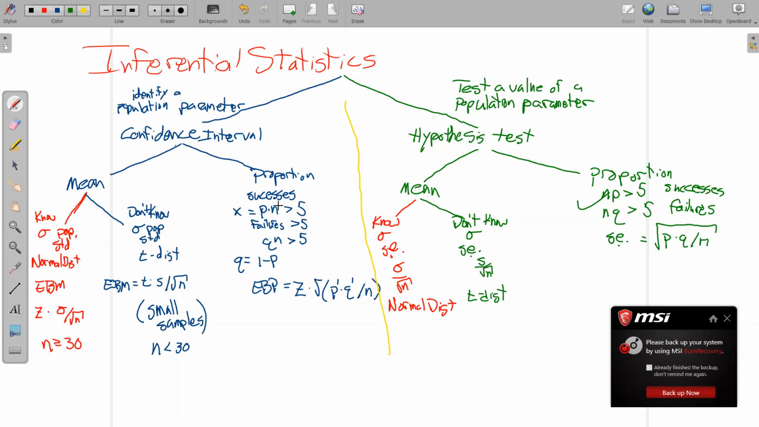Notice in the confidence interval, it's P prime Q prime. And the importance of that right there is that those are sample values. If we're talking about a hypothesis test, then it's important that we switch these to the population values,